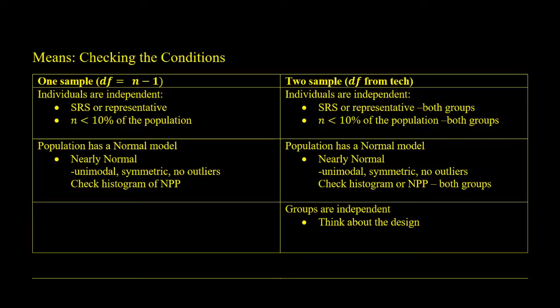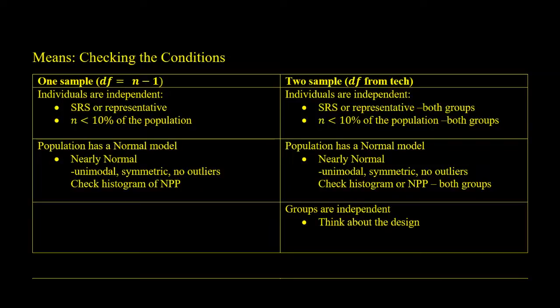For a two-sample test, we need to get the degrees of freedom from technology. It's very difficult to calculate by hand, so let technology do that for you. To show that individuals are independent, we also do a SRS, or a representative sample, but we need to check this for both groups. We also need to verify that the sample size is less than 10% of the population